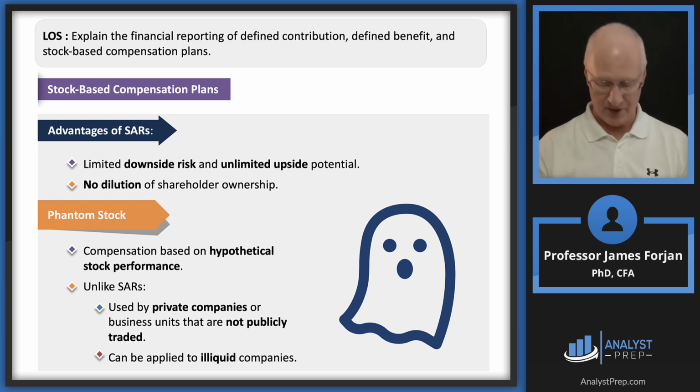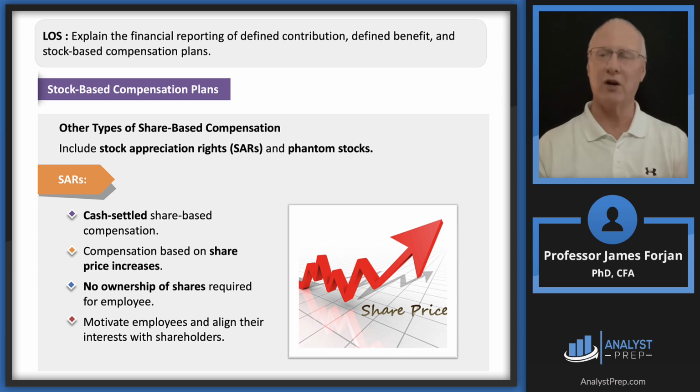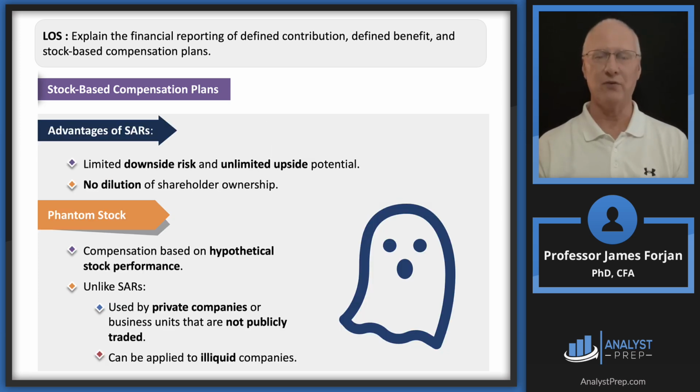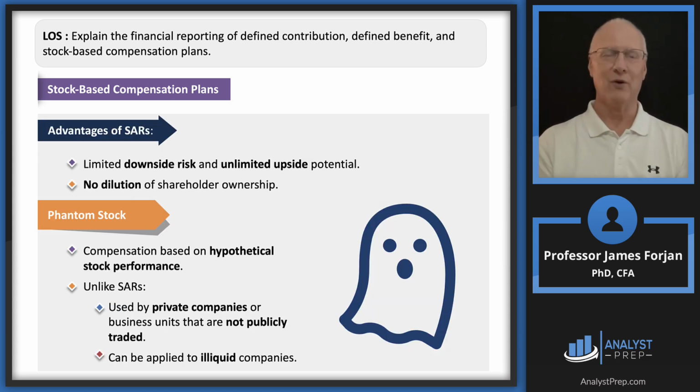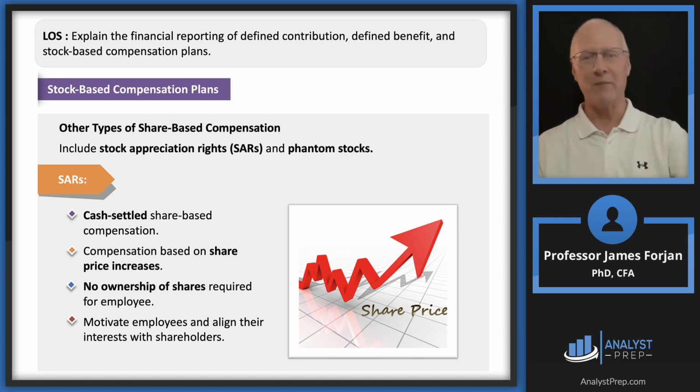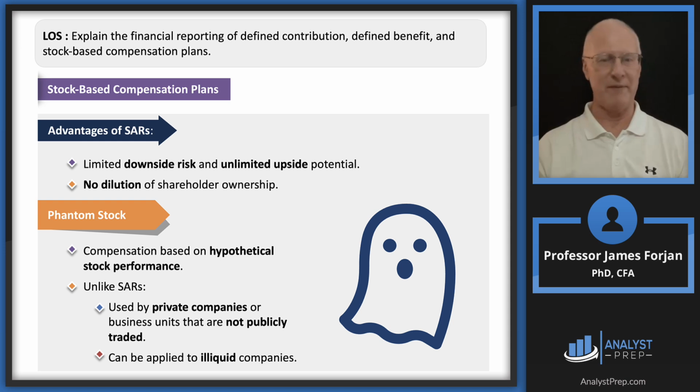So the stock appreciation rights, these are for companies that trade on the floor of the New York Stock Exchange. So they can go ahead and observe the share price. But what about privately held companies when there is no stock price? So phantom stock, let me go back here. Phantom stock is a stock appreciation right for a company that doesn't trade on the floor of the New York Stock Exchange. So you get by the word phantom, this is made up. So back here, stock appreciation rights, they're kind of faking each other out. Phantom stock, this is entirely made up.